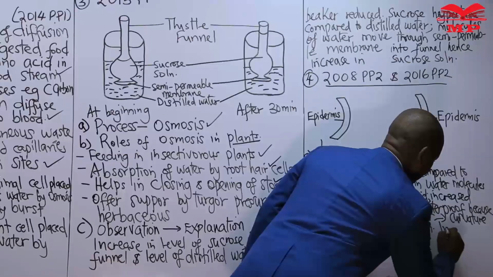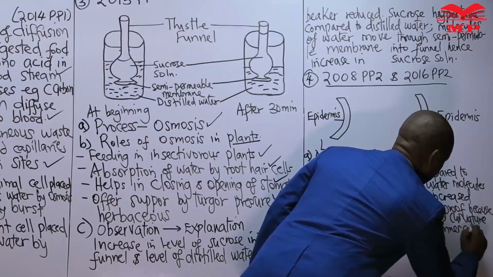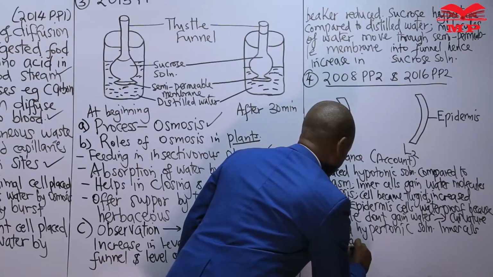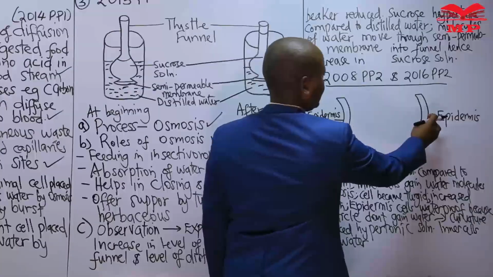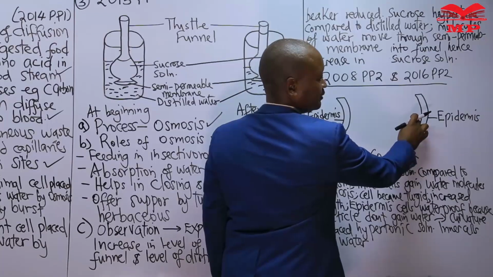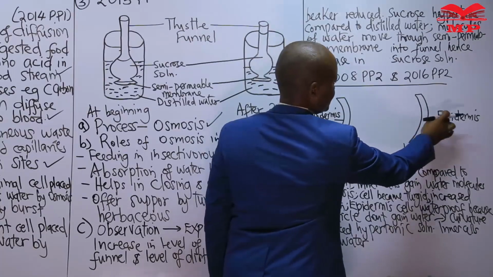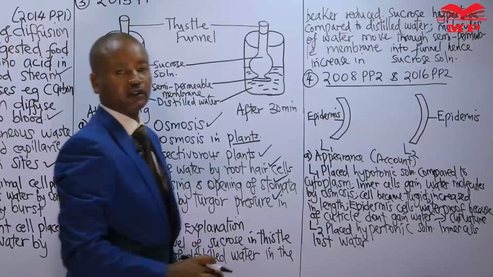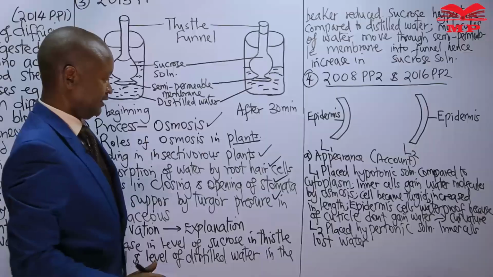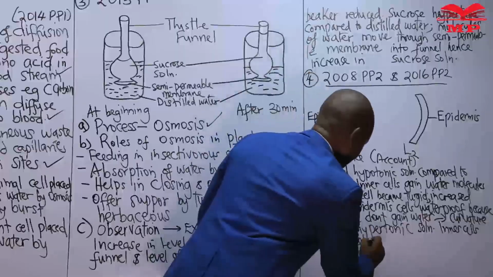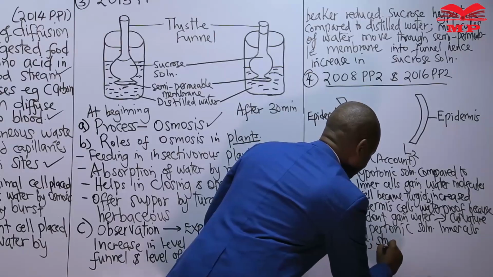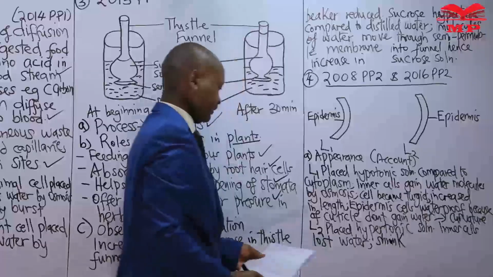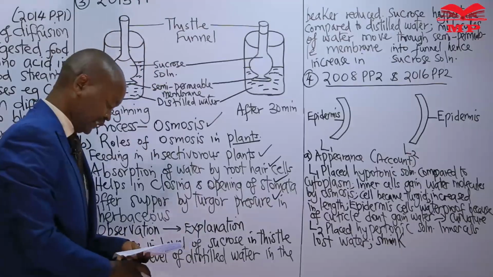Remember, the inner cells are on this side because the epidermis is on the other side. They lost water, so as they lost water, they shrunk. There was some shrinking as they lost water,